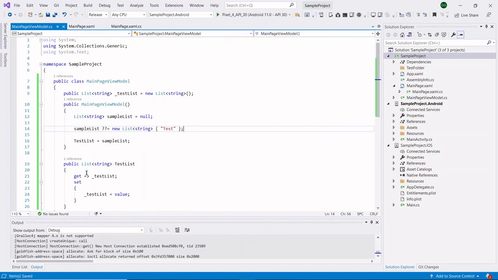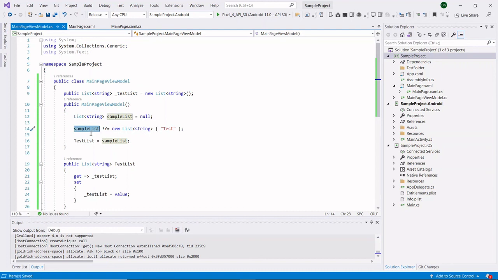Here, the operator first checks the left side operand, that is sample list view. If it is null, then it will assign the right side operand data to the left side operand. So here we are getting our data without writing multiple lines.